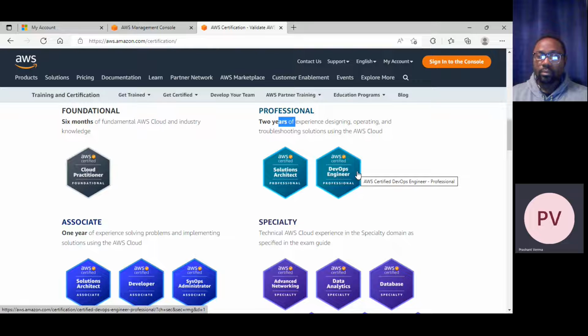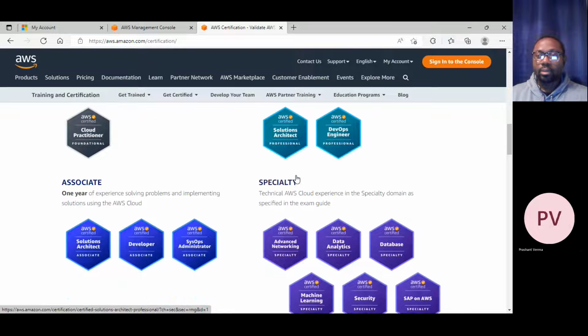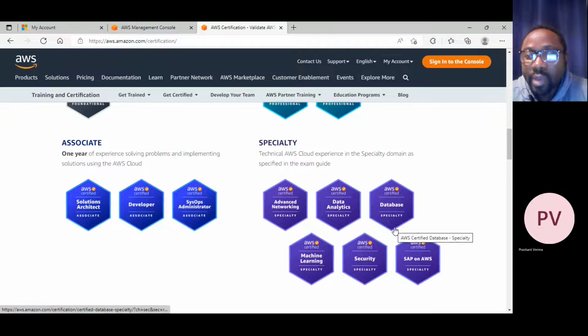Does it make any sense to you, what kind of work or jobs will be available? Yeah, it makes sense to me. But looking at the specialty, advanced networking, data analytics, database, are all of them the same thing, or do you specialize in a particular area?